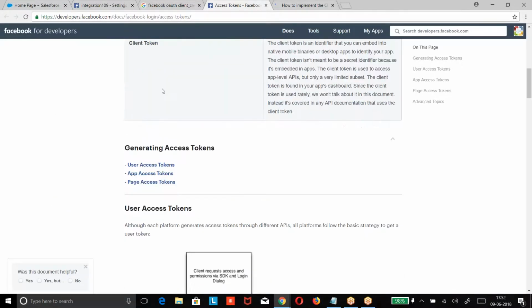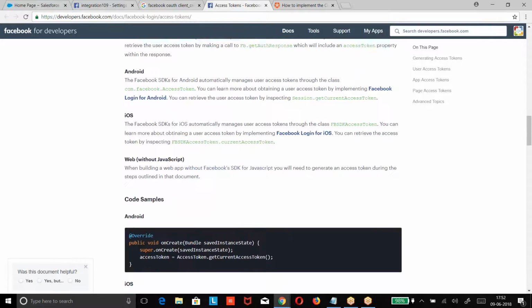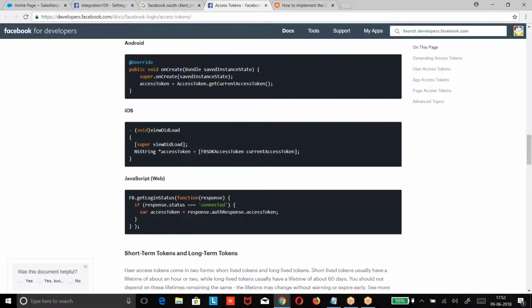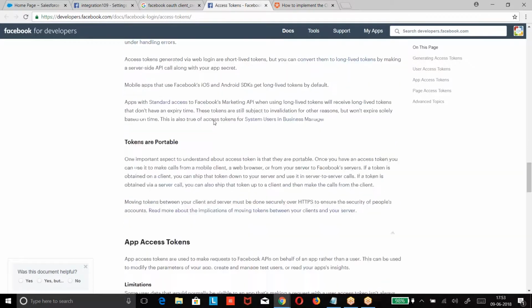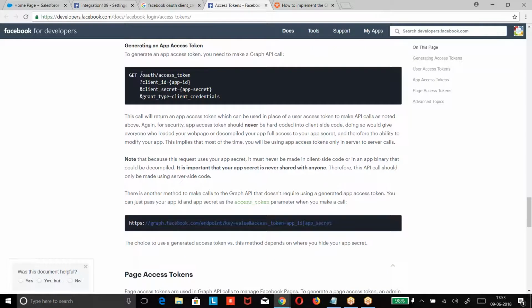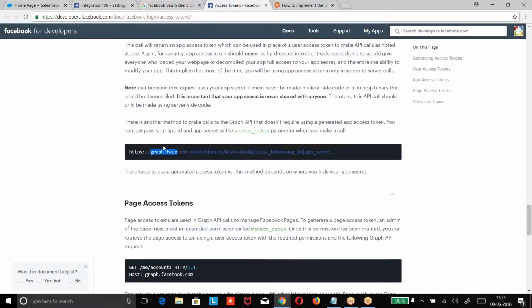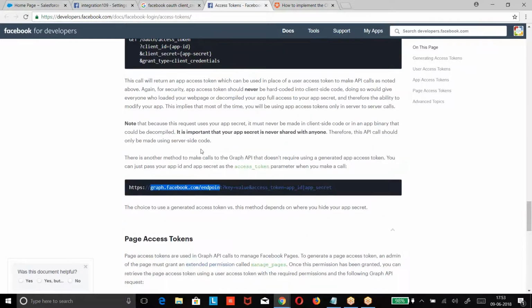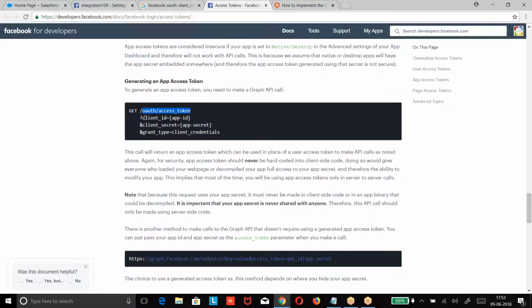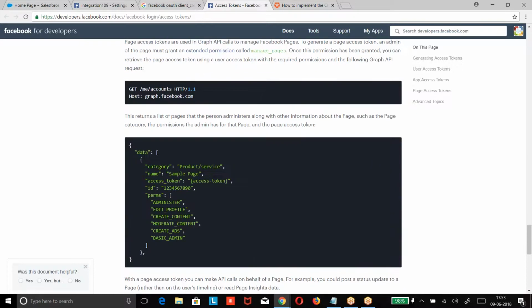Now, what is the format? OAuth access token, client ID, client secret, grant type equal to client credential. The URL. They give the URL graph.facebook.com. When you give a graph, then OAuth, client ID, client secret, grant type equal to client credential. If you make a request to this, we are going to get access token.